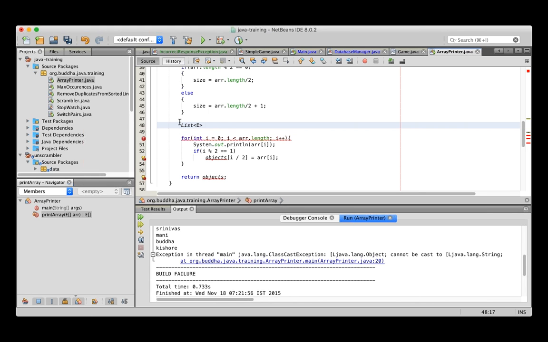List E, list, and so ArrayList. I have to use new here. And because these have to be imported, java.util.ArrayList and java.util.List have been imported, and all we have to do is objects dot add